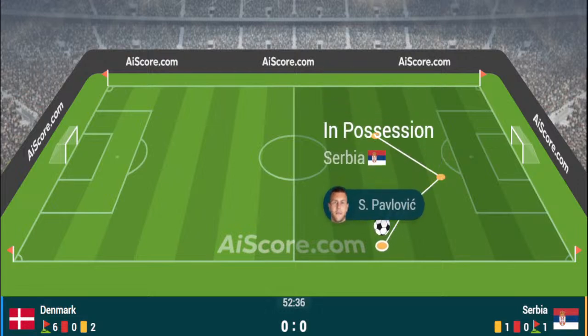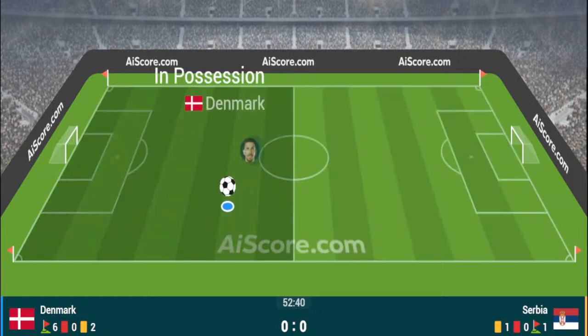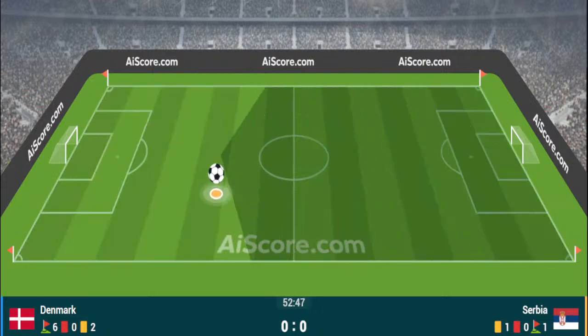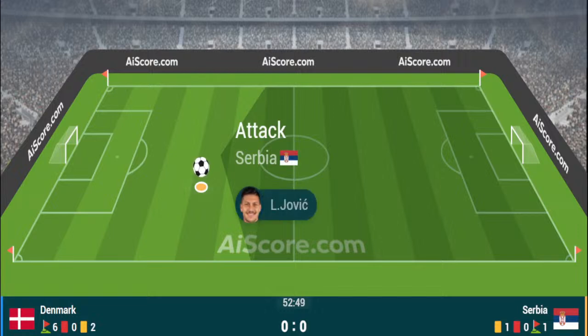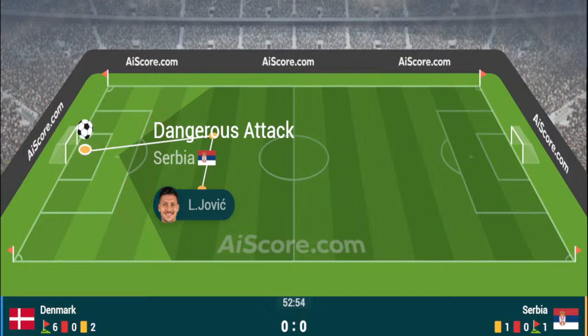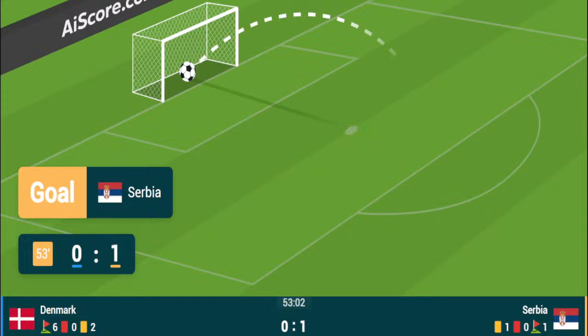Zivkovic will take. Zivkovic with the throw for Serbia. And Zivkovic considered going back to his goalkeeper. Instead, Zivkovic launches it forwards, and it's now smashed forward by Denmark, looking for Rasmus Højlund. Rasmus Højlund trying to get on the end of it. Milenkovic is there though. Milenkovic deals with the danger. Serbia have the ball on the right-hand side, just a couple of yards in from the touchline, and it's launched long down the line but out of play, and it will be a throw for Denmark.